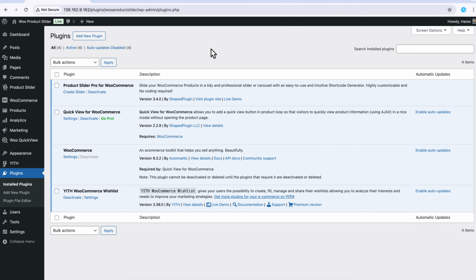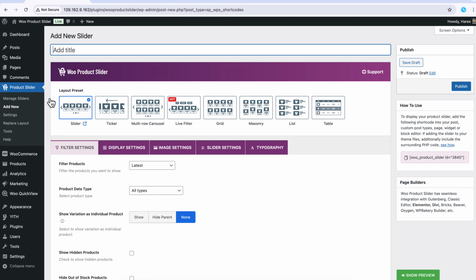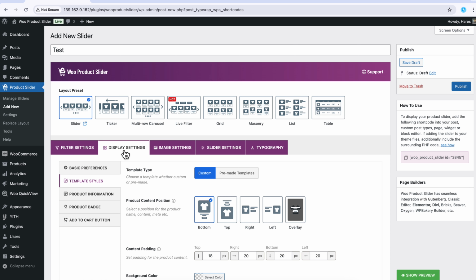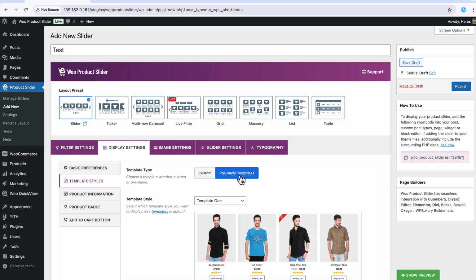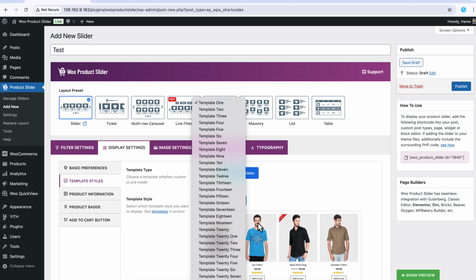Navigate to your site dashboard and make sure the WooProduct Slider Pro plugin is installed and activated. From the left-hand side menu, click on Add New to create a new shortcode and give it a title. Below that, select a layout from 8 different options. I am selecting Slider. Now from the Display Settings configuration tab, you can choose a layout from 30 pre-made templates